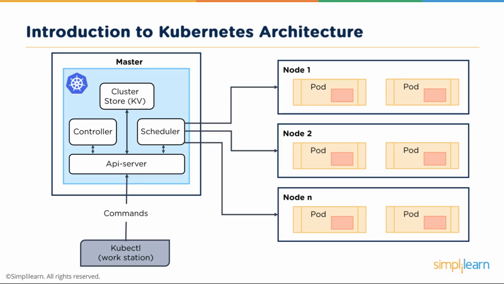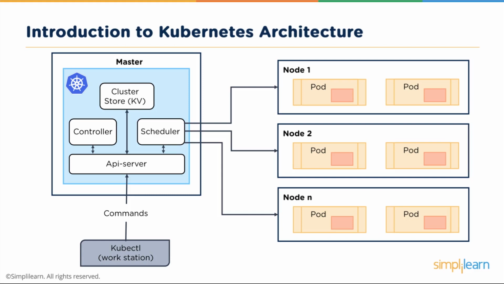So Kubernetes is really broken up into three key areas. You have your workstation where you develop your commands and you push out those commands to your master, and the master is comprised of four key areas which essentially control all of your nodes, and the node contains multiple pods, and each pod has your Docker container built into it. So consider that you could have an almost infinite number of nodes being managed by